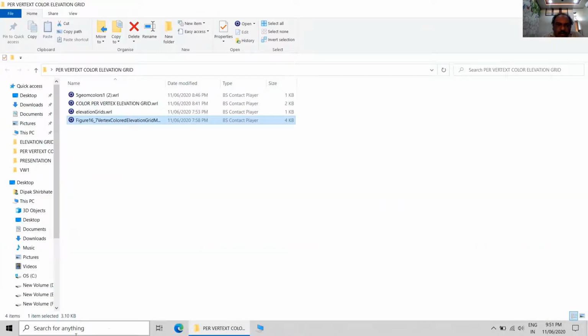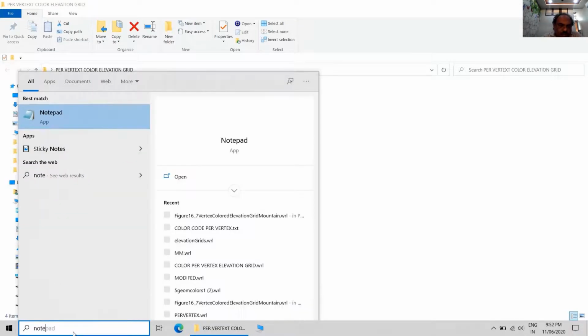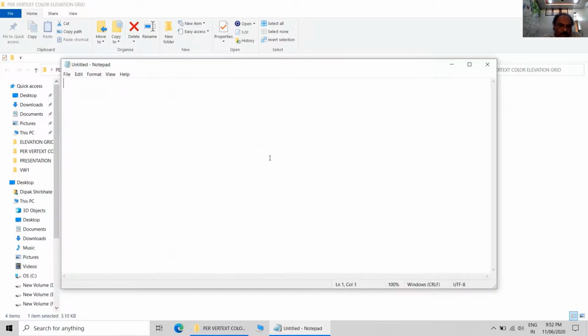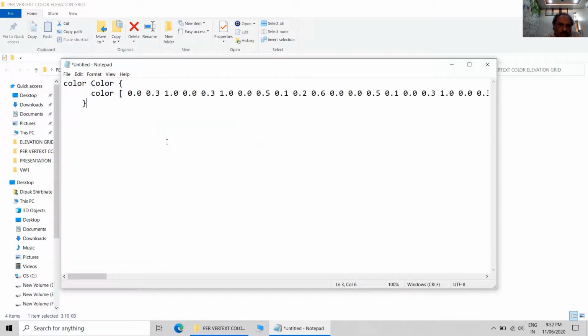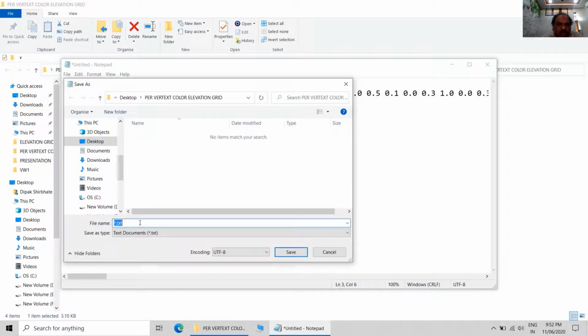Actually I have copied these colors, and I'm pasting them into one notepad file, and I will save this file with this set of colors. This will be called color per vertex code for elevation grid.